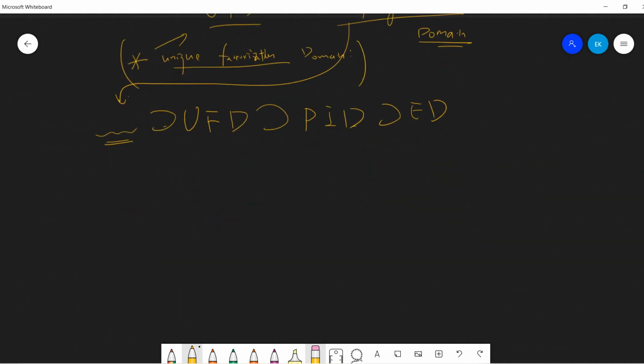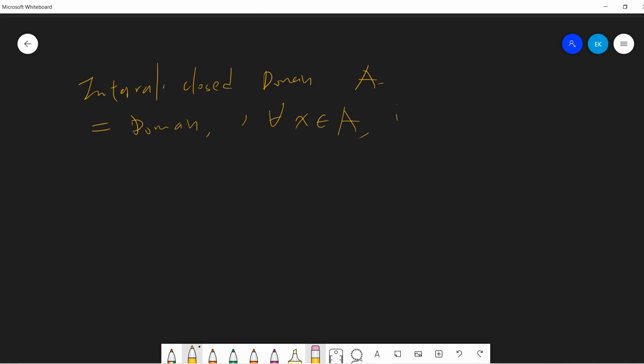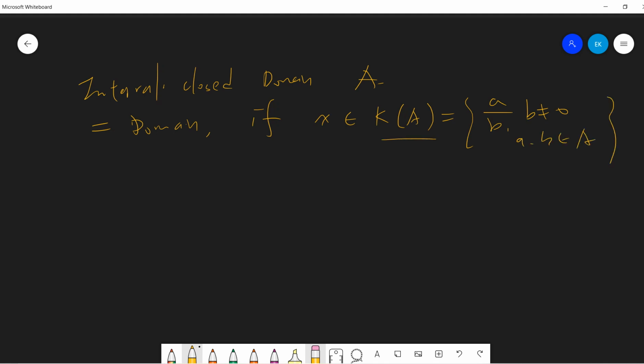In order to prove this, let's quickly give the definition. An integrally closed domain is a domain A such that for all x, if x belongs to the fraction field, where the fraction field consists of a divided by b with b non-zero and a, b belonging to A. So given an integral domain, one can construct the fraction field. If x belongs to the fraction field and x is a root of a monic polynomial,